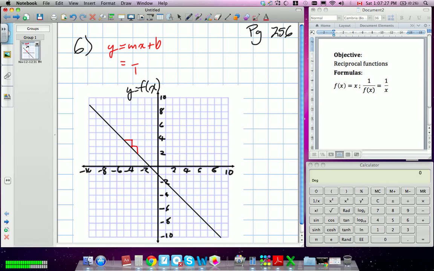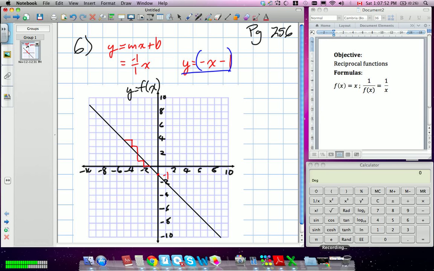So we go down one, right one, down one, right one. That's the idea. So our slope is -1. Does that make sense? Okay. Our y-intercept is at -1. So the equation is y equals -x minus 1. I did that quickly. You okay with that? Yeah. Okay. Since that's our function,